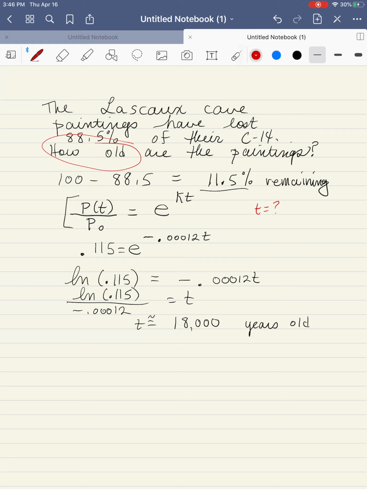In our last lesson on exponential models, we're going to look at finding an exponential model when we don't know a rate, but we can find it by comparing